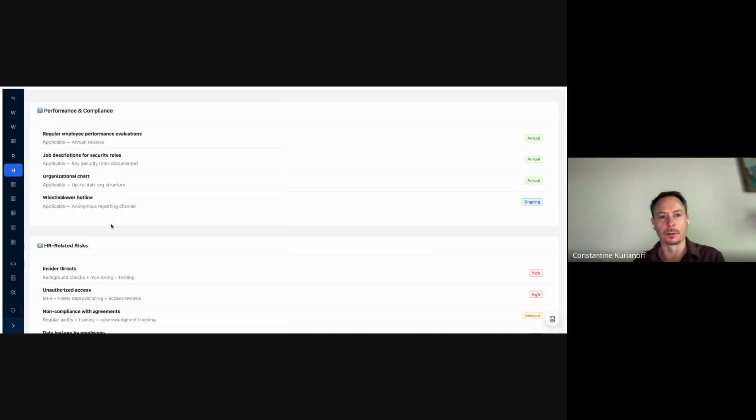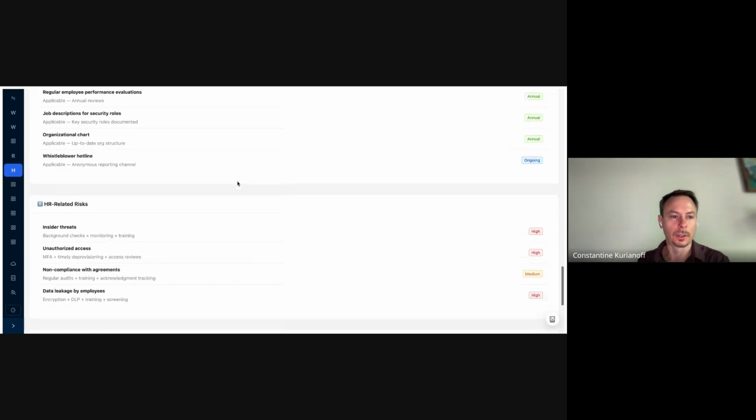You see that there are certain things that need to be established, like a whistleblower hotline, for instance. The organizational chart is important to have. Job descriptions should be present for each. For all roles, it says security, but in fact, it should be all roles. And the regular employee performance evaluation should be performed.